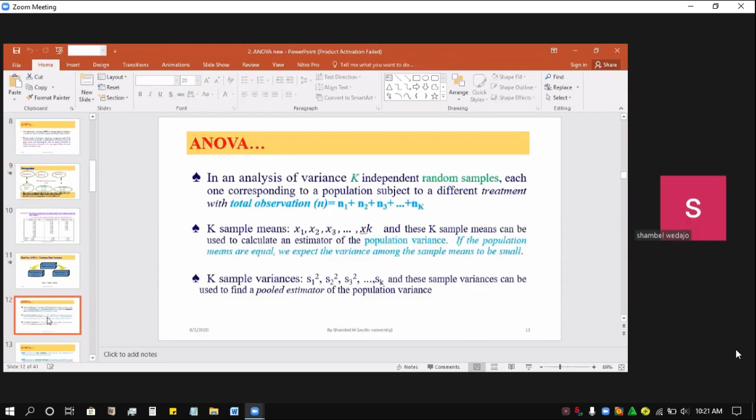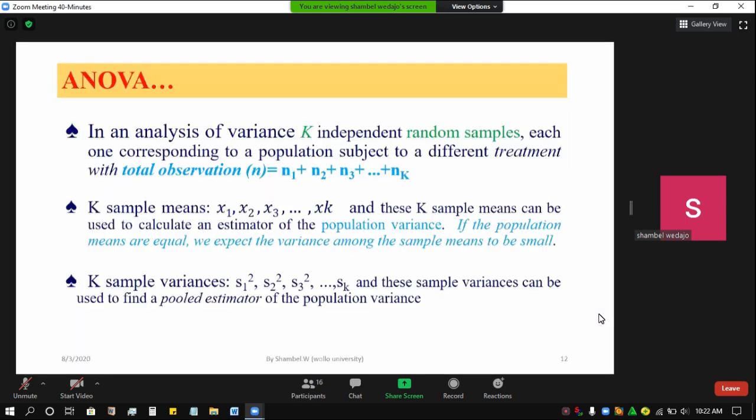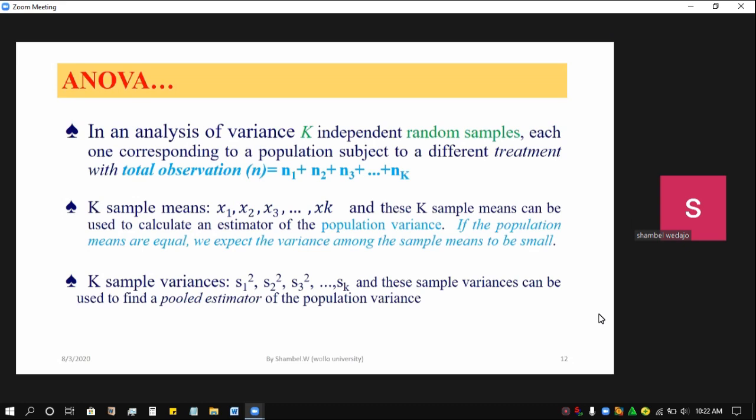Okay, let's come up with this analysis of variance. In k independent random samples, each one corresponds to a population subject to a different treatment, with total observations n1, n2, n3 up to nk. You can have n1 as group 1, n2 as group 2, n3 as group 3, and nk as the final group. So the k will depend upon your